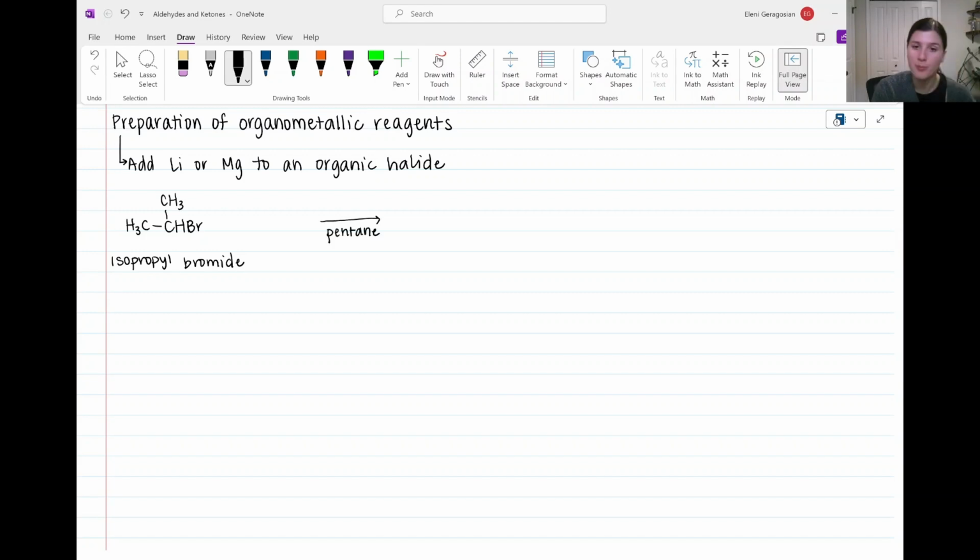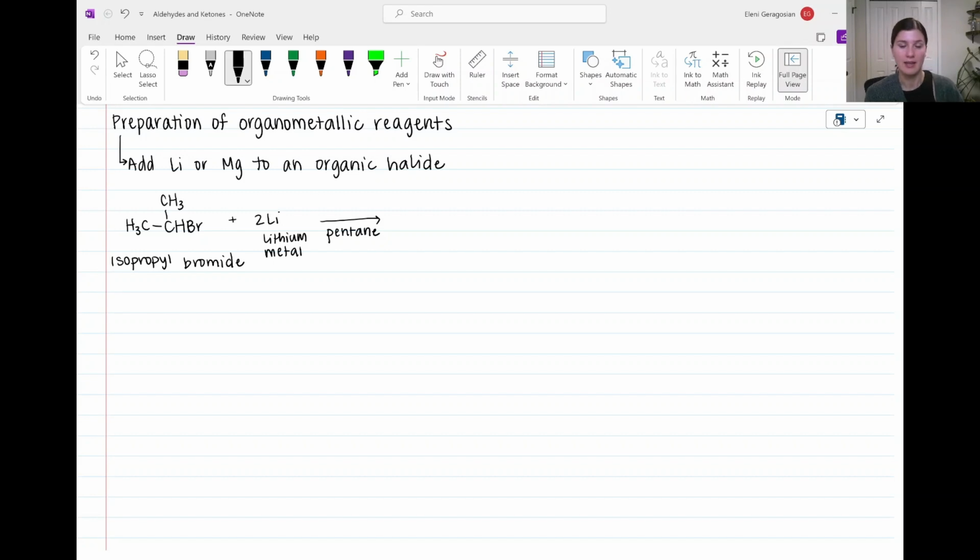So this example formation of an organometallic reagent was done in pentane solvent. So we have isopropyl bromide and we add lithium, and we'd add it as a metal. So we have pentane solvent, some isopropyl bromide added, and then solid lithium metal added to that pentane solution as